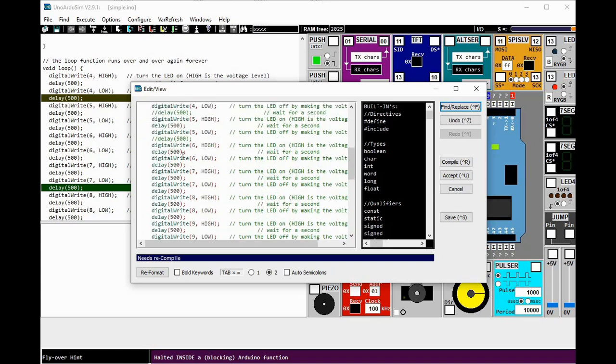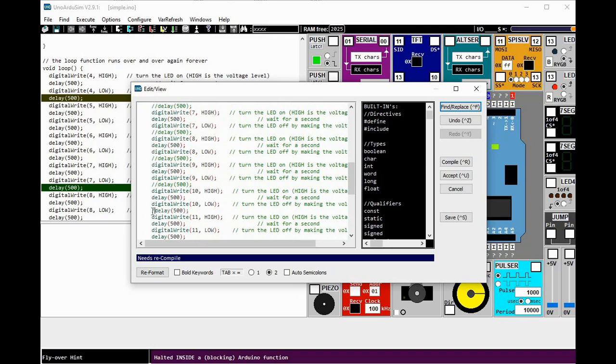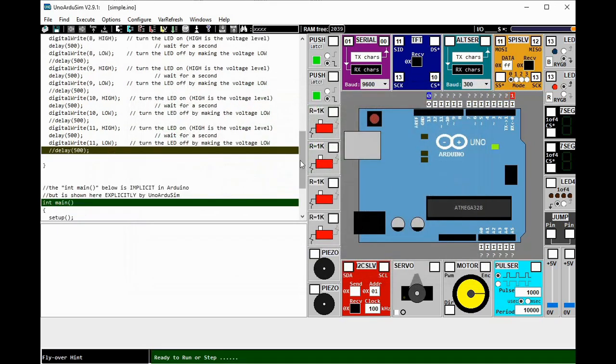So after the low command, remove the delay. Then let us run the program and see what happens.